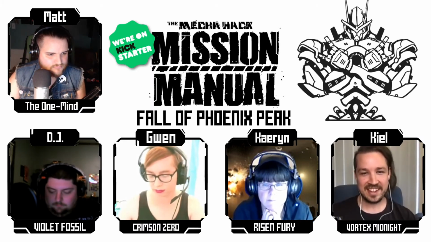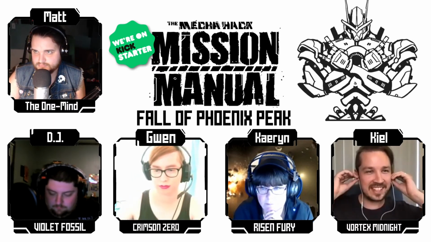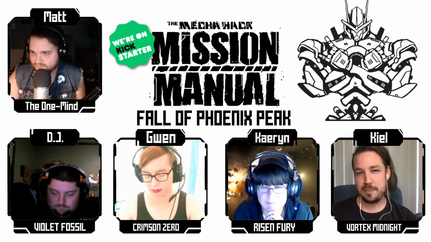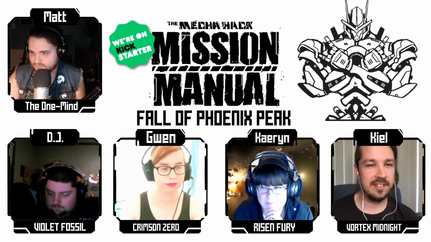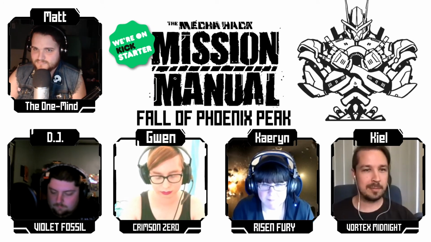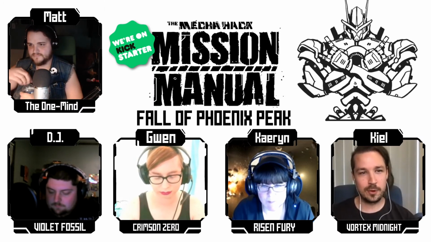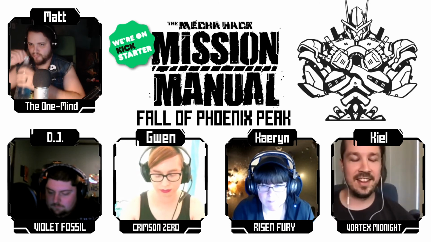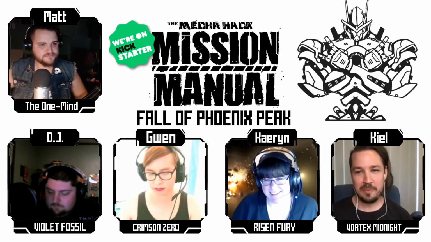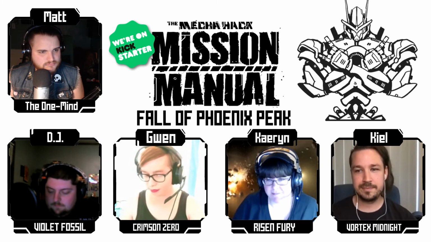Vortex Midnight is moving at as high speed as possible. It's not particularly elegant, this huge lumbering ancient mech. But Risen Fury and Crimson Zero probably both overtake them as they're lumbering along trying to get up speed. And so I'll do one move action, and then as Risen Fury finally gets their footing and gets up a bit of momentum, I'll use my action for my commander ability, Battle Tactics, and they'll call out,